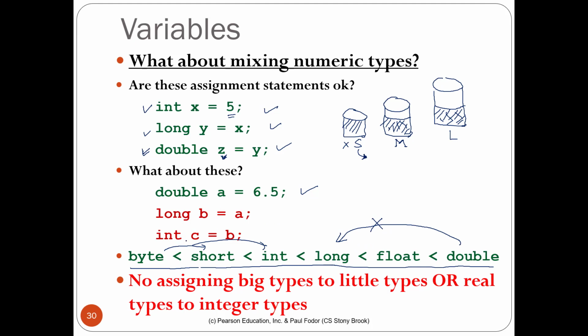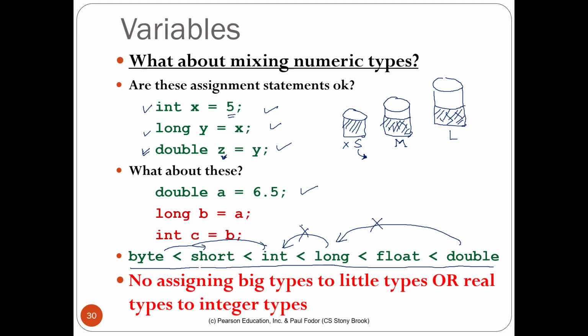So fine, can we do int c is equal to b? B was a long. Can we assign long to int? No, you are going to the left hand side, which is not allowed. Okay, so these are some rules that Java has about assignment